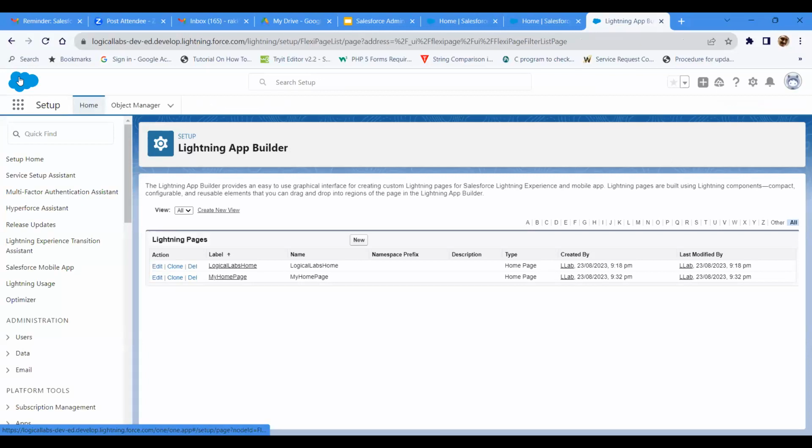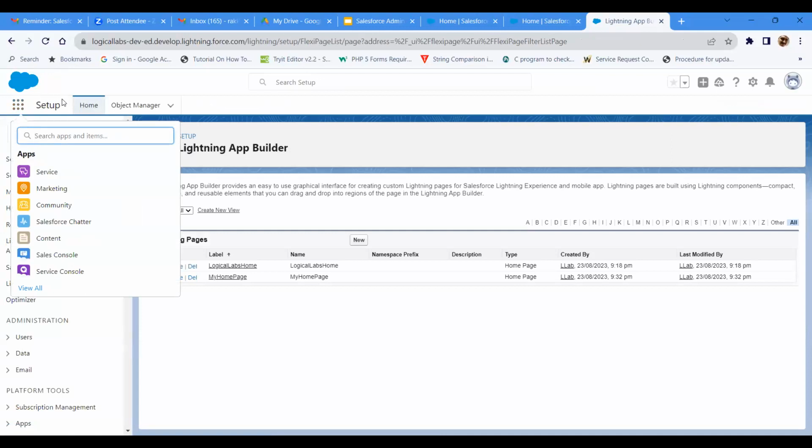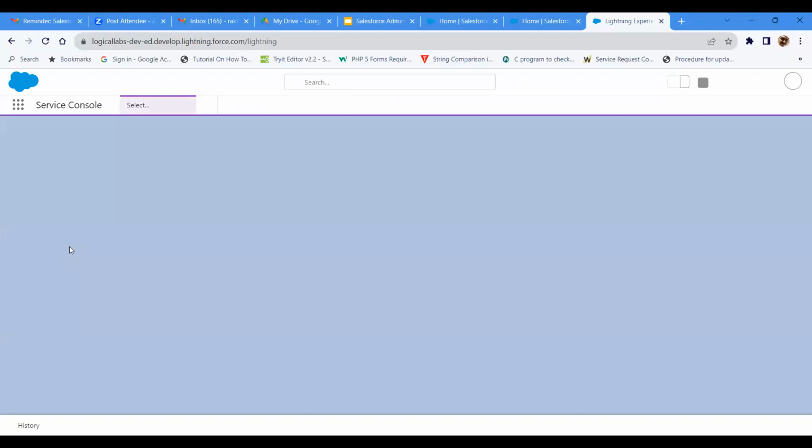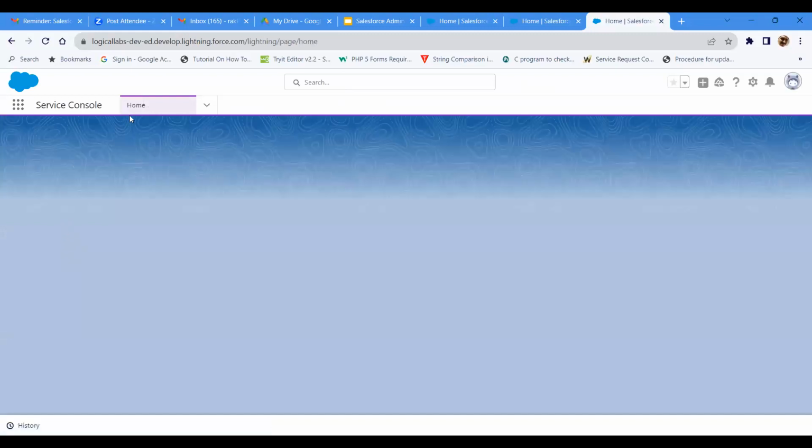I have to test it. So in order to test it, you go to the app launcher, click on this app launcher. Now you select the service console or sales console, whatever it may be. You click on sales console or service console. Now it will take you to service console. So now when you go, see, by default,